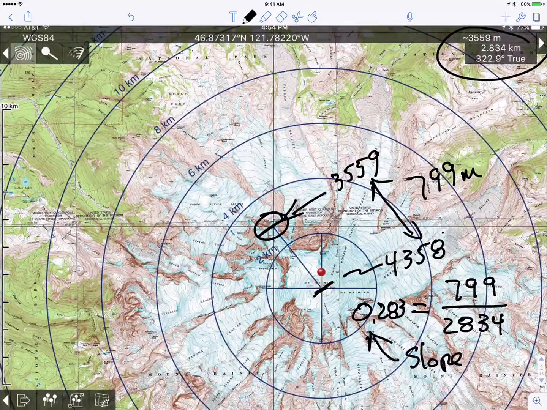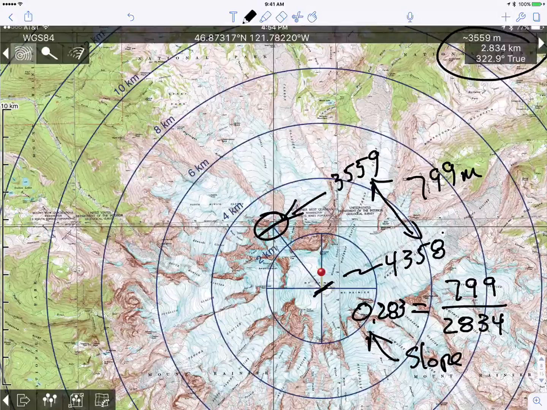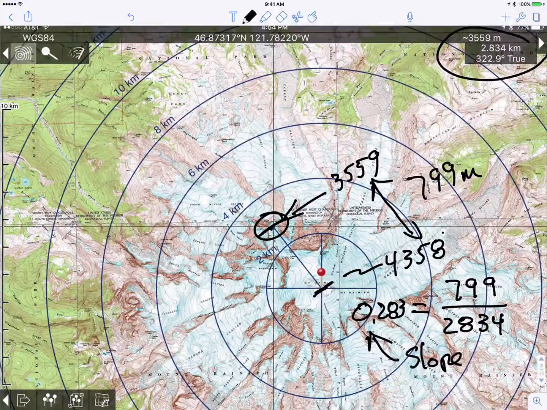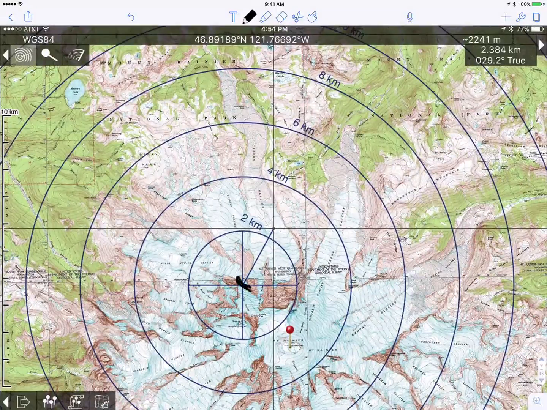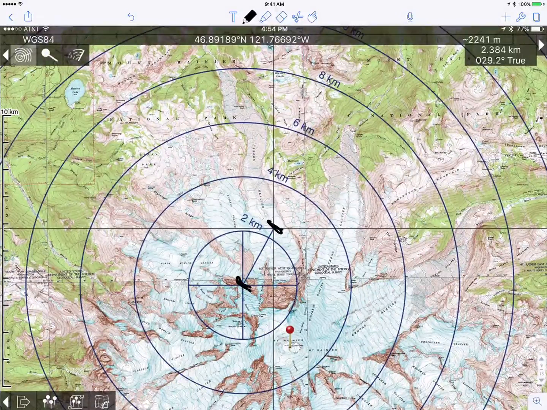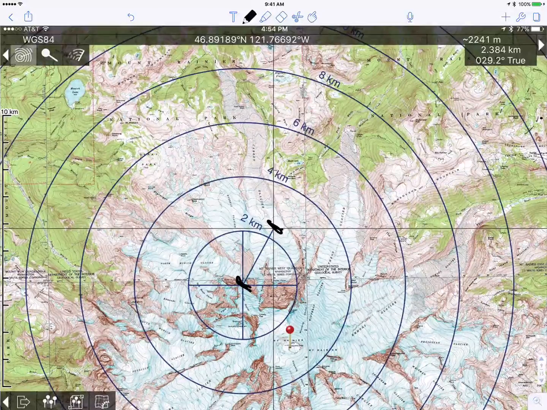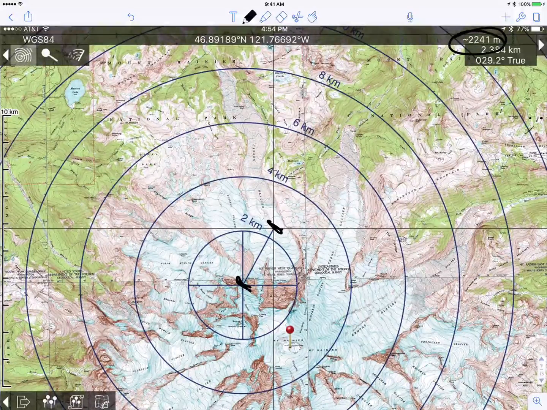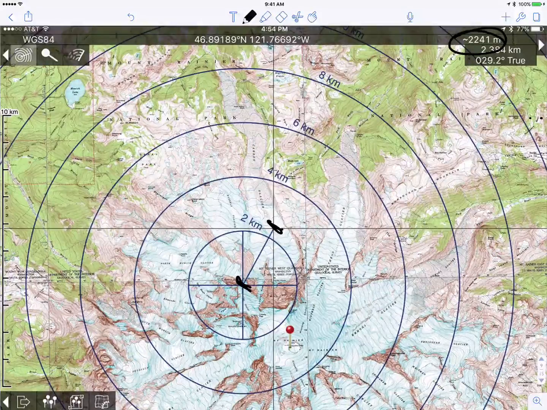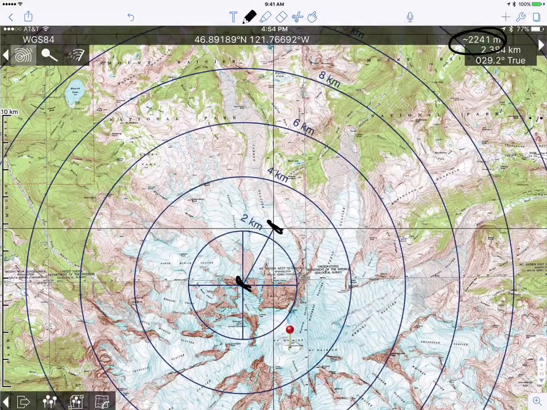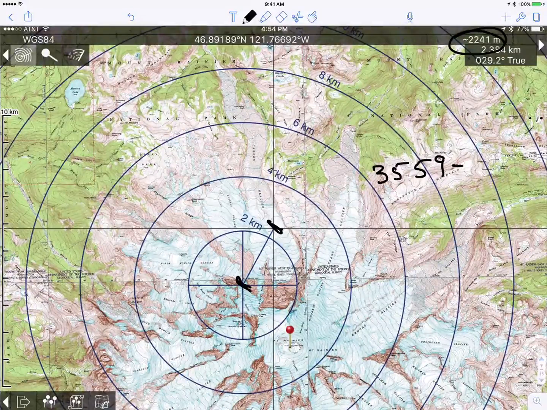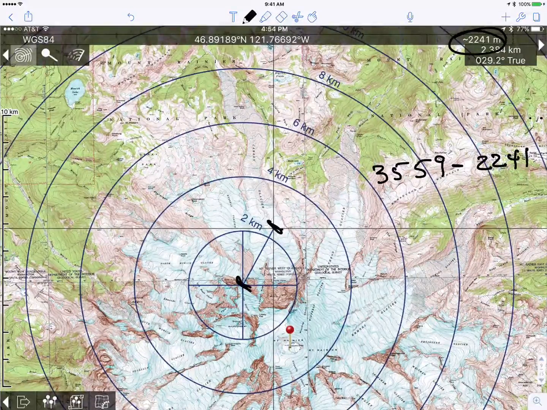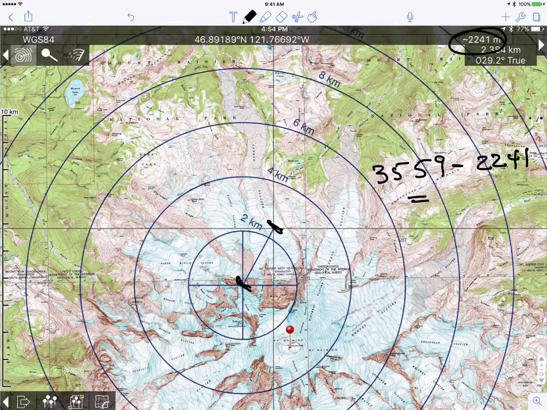I now repeat that step. I move my starting point to here and do the same down to the next point. So I'm now going from here to here. I now have a change in elevation that will be based on the elevation at the new point, which is 2,241. And remember, the elevation at the previous point was 3,559 minus 2,241. So that's going to equal an elevation change of